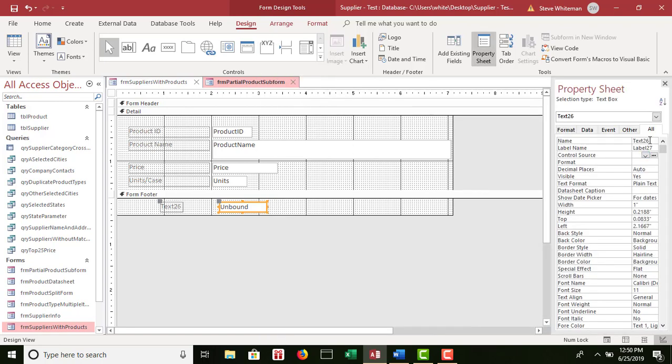For the name, I'm going to highlight what it currently has in there and replace it with TXT Product Name Count, all one word, the field name Product Name Count. So I'm giving it a name: TXT product name count. I'm then going to go to the control source and type in equals